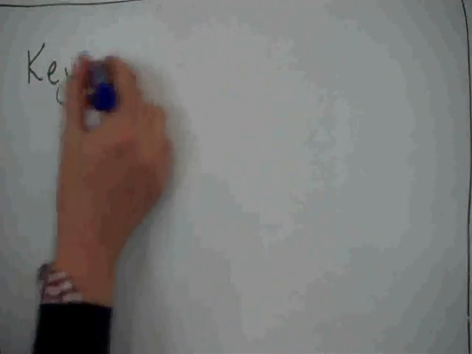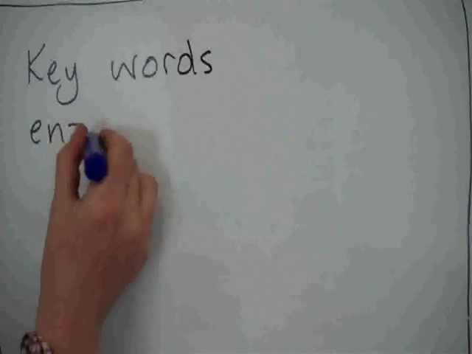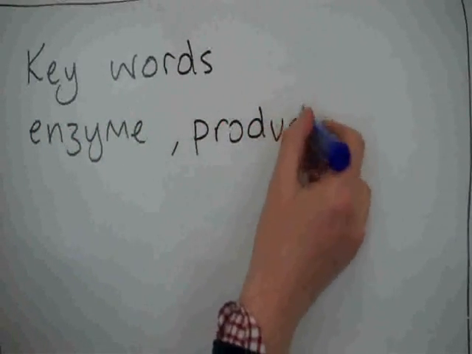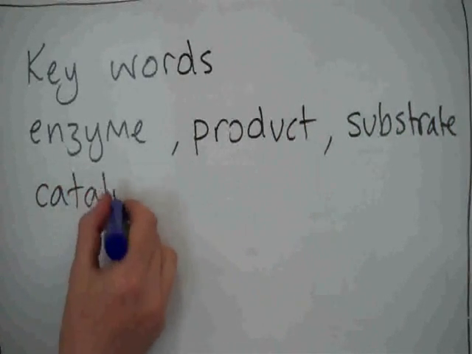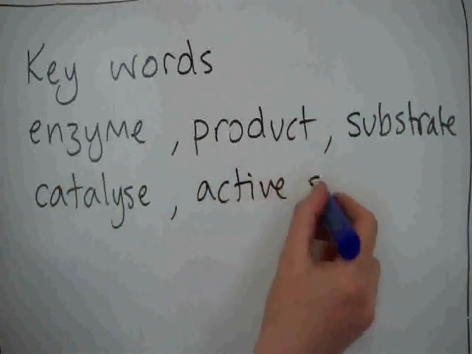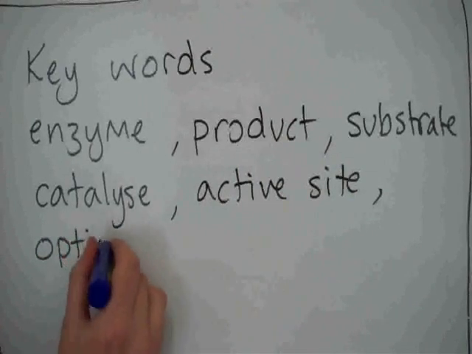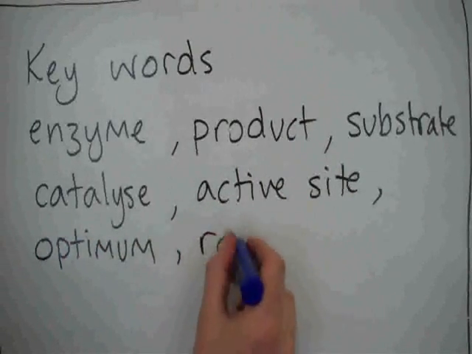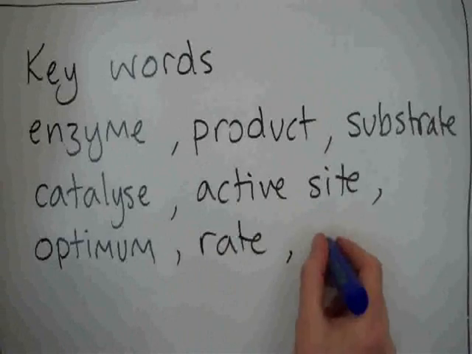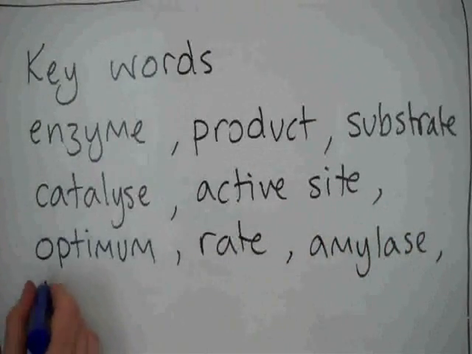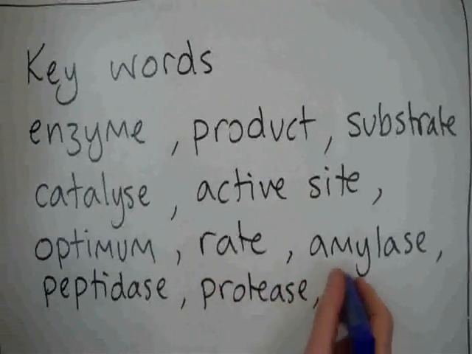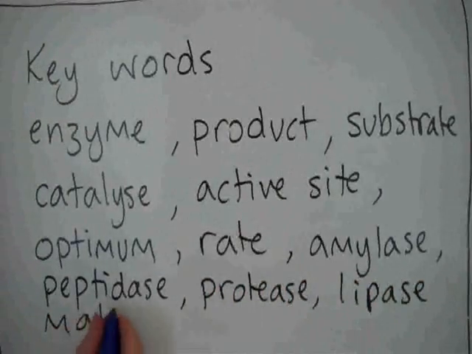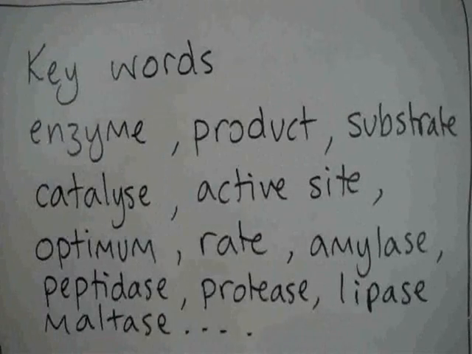We're done. This is what I really want you to take away from watching this film. You need to be able to write down what you think all of these words might mean. Now hopefully you've got enzyme, hopefully product and substrate are pretty okay. Catalyze, active site, optimum, rate. It's so good if you can use these words properly in a GCSE exam. And then here are the enzymes themselves that you need to know. Learn them, learn what their substrates are, learn where they work, learn what pH they like, and you will be an expert on